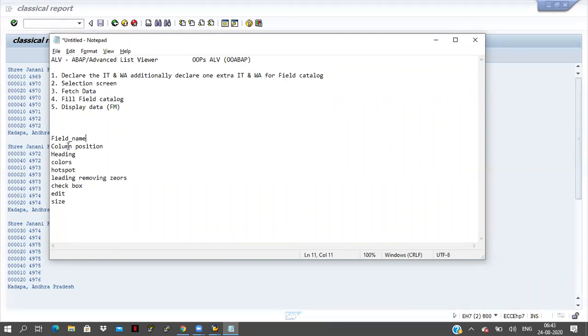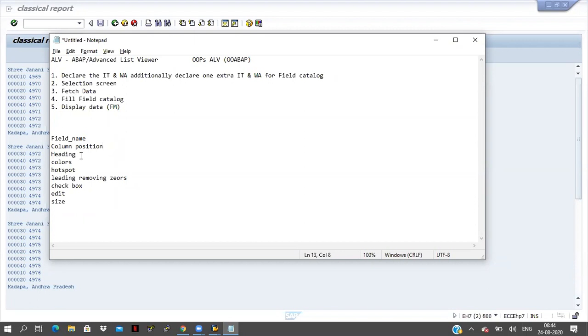Here, first is the column position and field name. You are looping and displaying the data with the write statement, writing work area hyphen field name like that, right? So what is the field name here, VBELN or POSNR or MATNR? What is the field name in the internal table? That field name we have to pass in this internal table. And the column position: the first column, which field I have to display; second column, which field; third column, which field. So you have to give some order here.